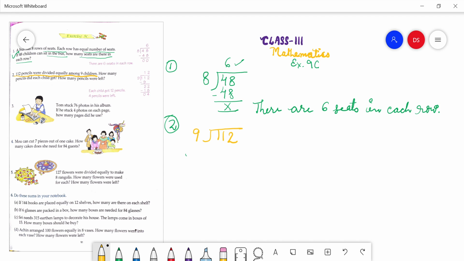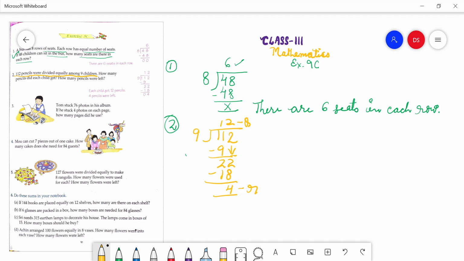So first of all we are going to divide 11 by 9. This is 9 1s are 9. Subtract 9 from 11. This is 2. Bring down the next number, that is 2. Now you see it is 22. The dividend is 22 here and we have to divide it by 9. So 9 1s are 9, 9 2s are 18. Subtract 18 from 22. This is 4. So 4 is the remainder and 12 is the quotient.